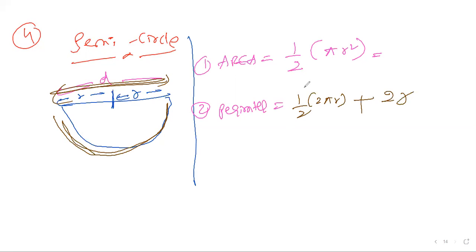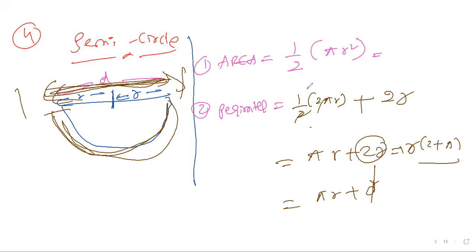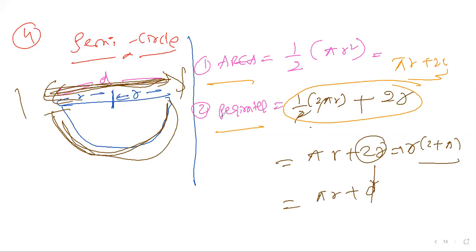Don't take 50% of perimeter directly. 50% means here to here fencing will come, but what about this, who will take care? This you need to fill it out, right? So you can take 2 pi r by 2 plus 2r. You can cancel the 2, here pi r plus 2r. If you are comfortable, you can take pi r plus 2r. This 2r is the diameter d. You can also take pi common, or take 2 plus pi common. You can take any one, all are correct. You can stop here, better. You don't need confusion. You can do pi r plus 2r. It's enough. This is a semicircle possessing area and perimeter. It doesn't have a volume.